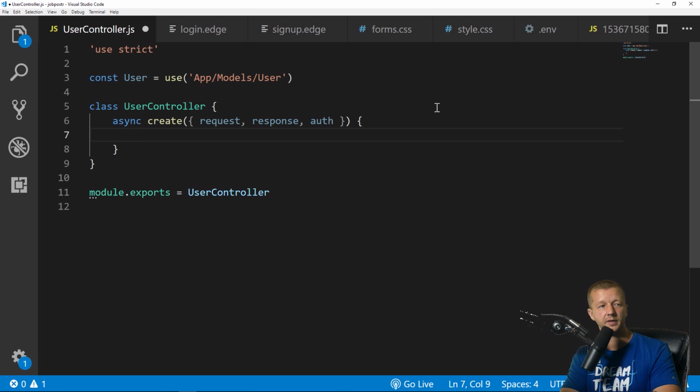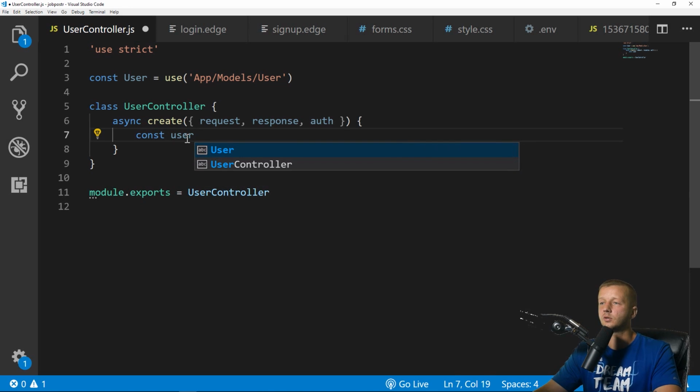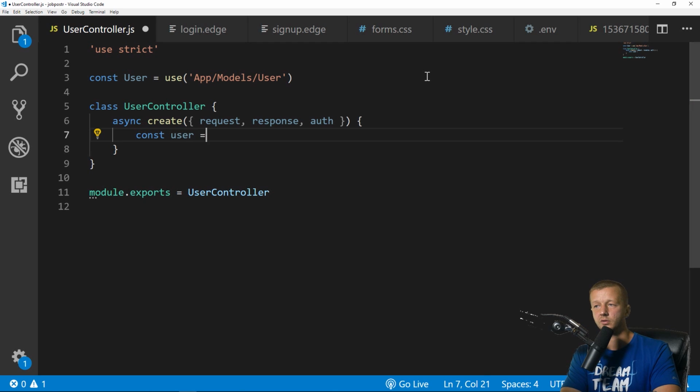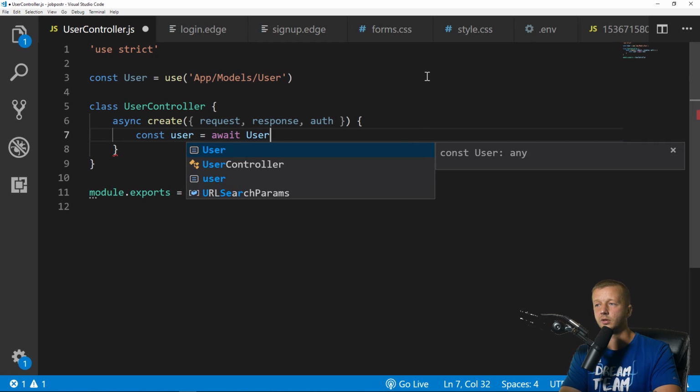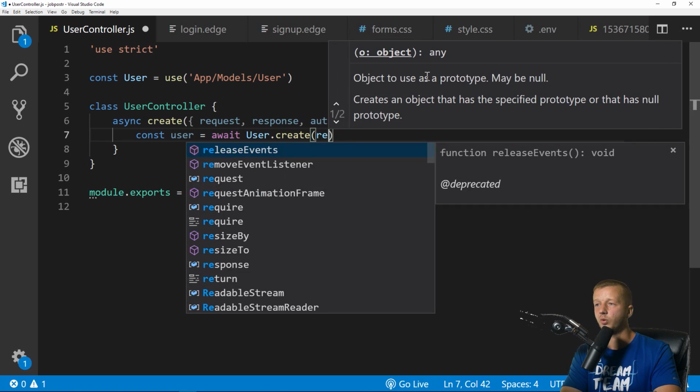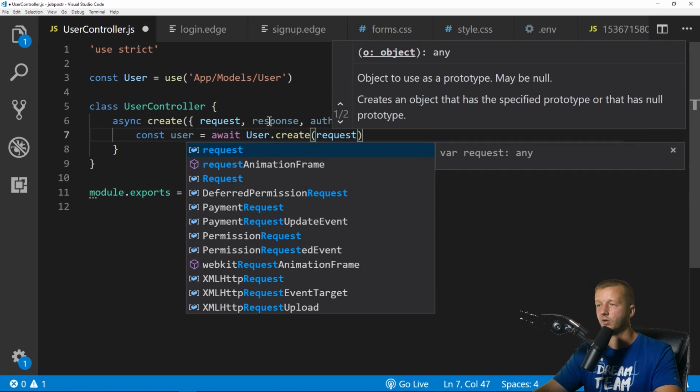All right, so inside of here, what we're going to do is first go ahead and create the user. So const user, and remember, because we're using that validator, this only gets called if the data is valid, if it's unique, and all the fields are required. So we're going to say const user equals await user.create, here's our model. So we're going to create a user, and we're going to say request, and this is coming from here in the context,